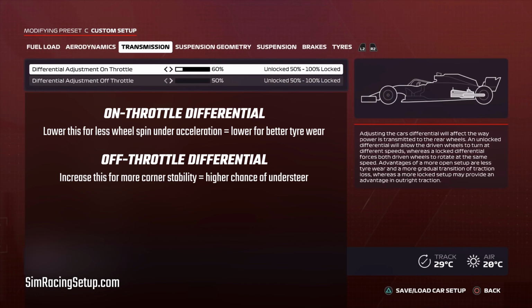On-throttle differential controls how locked the rear wheels are when accelerating. Off-throttle diff controls how locked your wheels are when off-throttle. Focusing on the on-throttle diff for now, this will affect how much your wheels spin when you accelerate out of a corner. By lowering the on-throttle diff, you'll have a much more gradual loss of traction, allowing you to accelerate